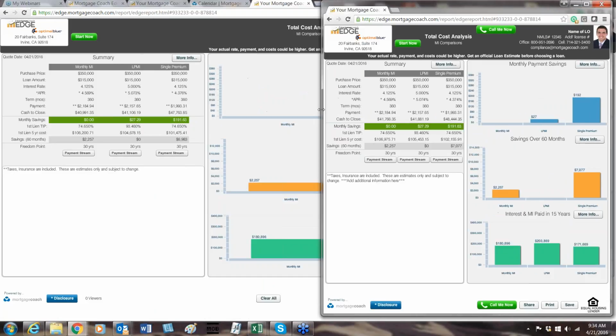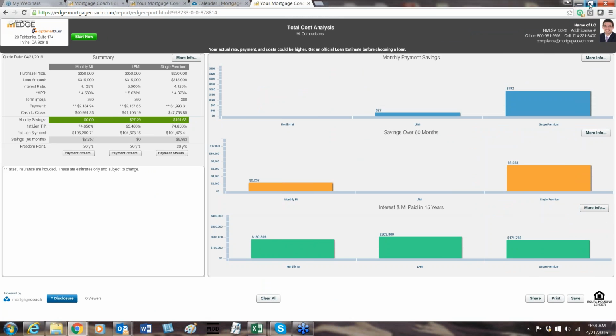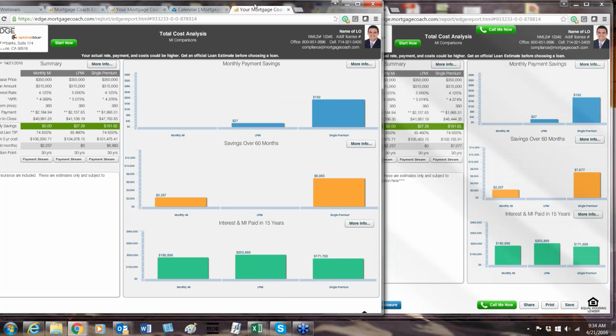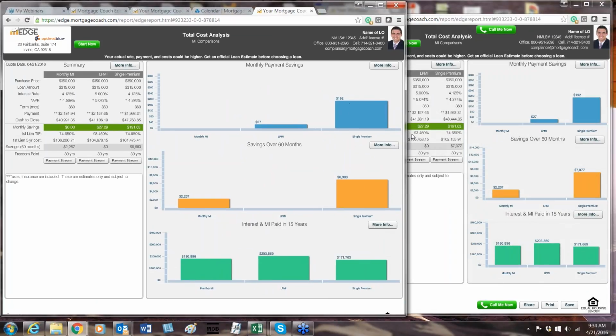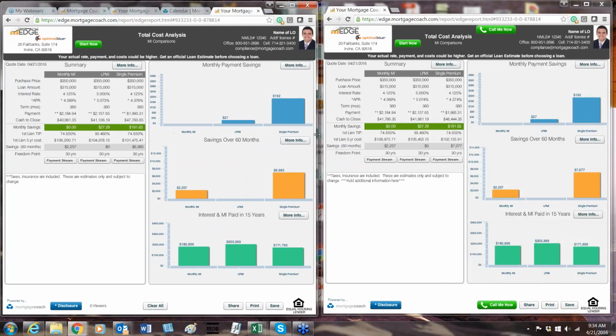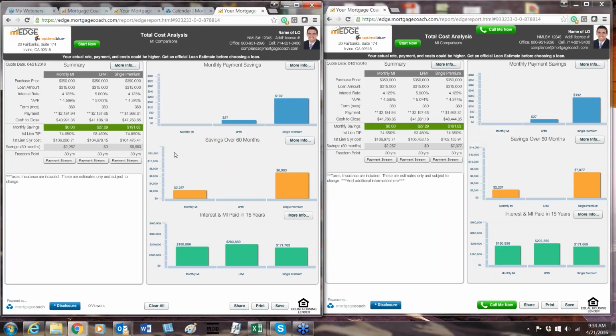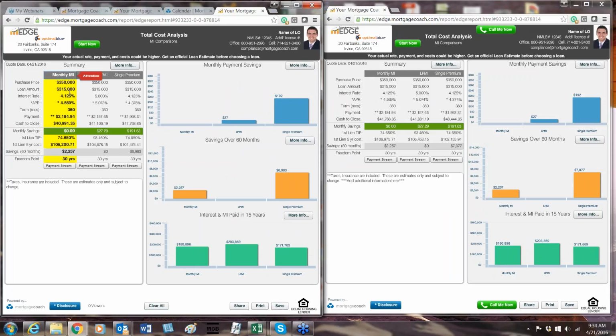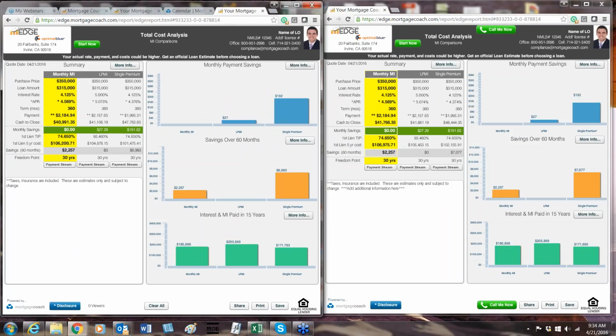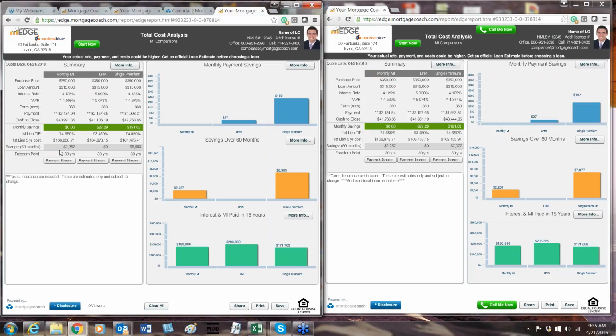So let me show you what the difference is between a borrower's presentation and the loan officer's presentation. So moving our presentation side by side, you can see how they look exactly the same, except if you look at the very bottom center. The very bottom center on the loan officer's presentation has a clear all button. So let's just show you how I highlighted my monthly MI column. If I wanted to clear out all those highlights at one time, I press clear all button and it will clear out my highlights,